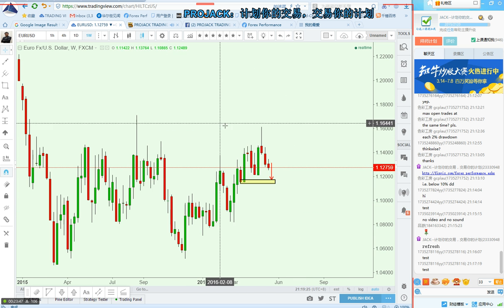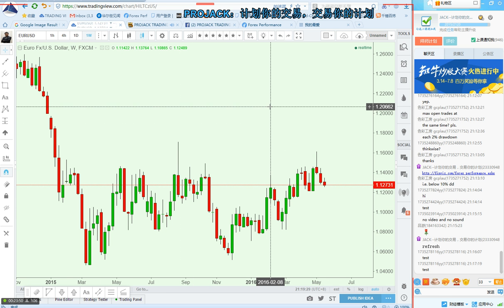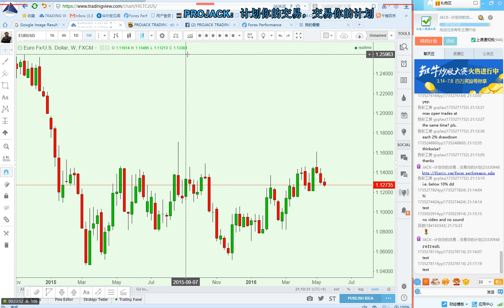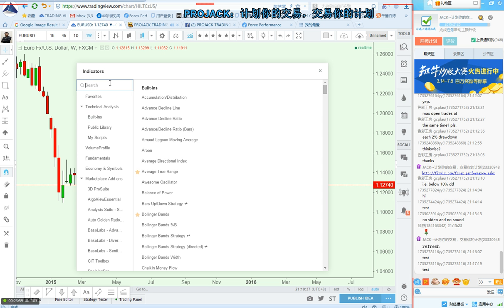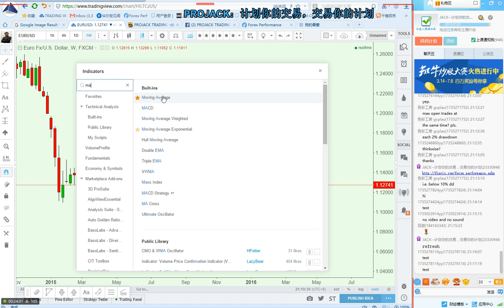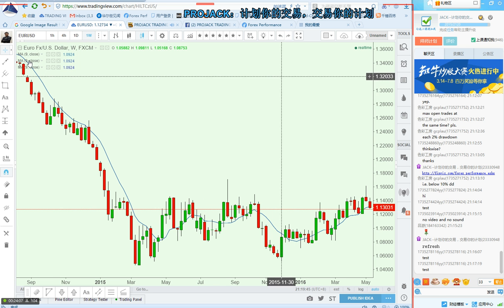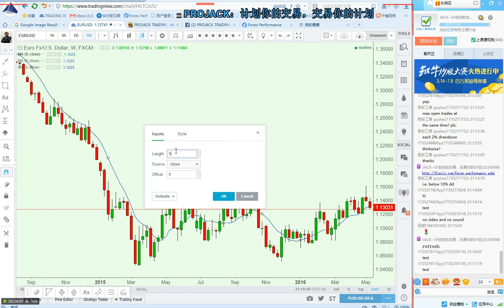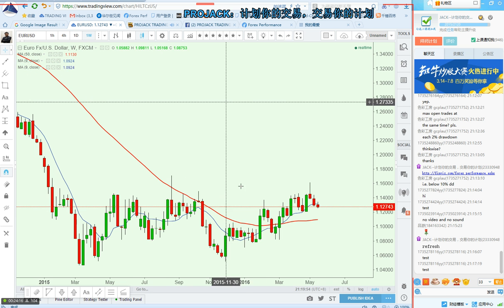Okay, so if you guys know how to plot the moving average, I will just show here. So you click here, click the TradingView indicators, and you search by MA. Okay, moving average is here. So you click once, click twice, click third time, 3 times. Okay, so you have 3 moving averages. So the first one I will use is 50. Okay, 50 days MA. I make it red.